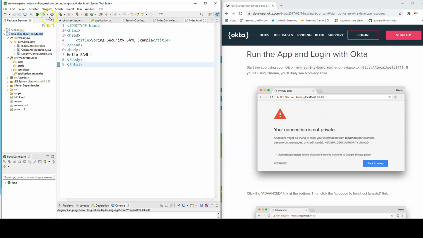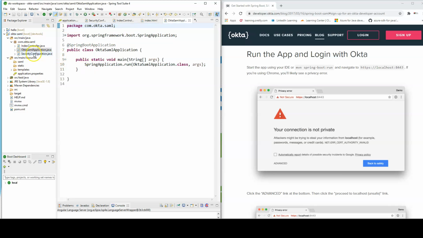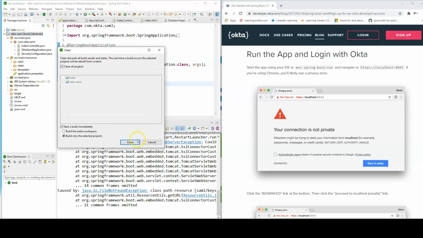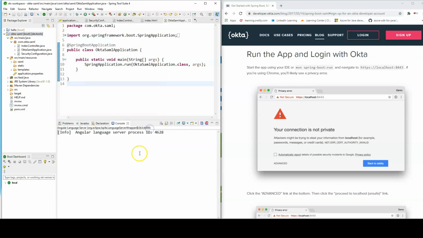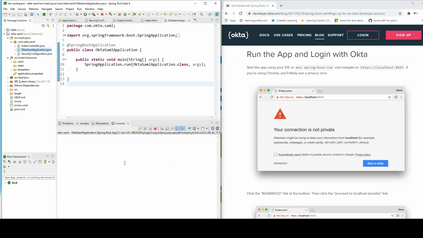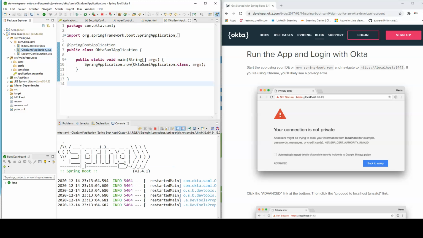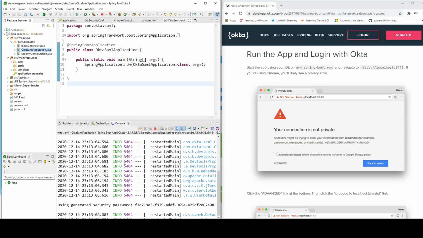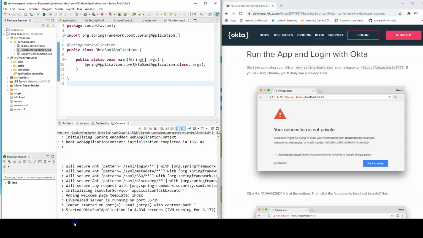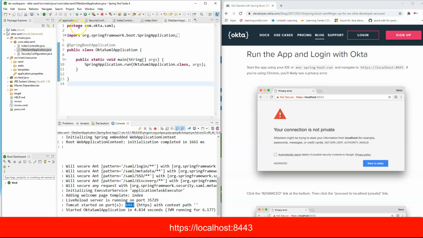But before that, what I will do is let me just clean our project, right? Let me just start this application. Now here you can see Okta XML app, refresh. I will just clean and build again. Let me clear everything. Now I will rerun the Spring Boot app. I am not expecting any error at the moment. All right, so here you can see that your application has already started on Tomcat on port number 8443, which we have mentioned in our